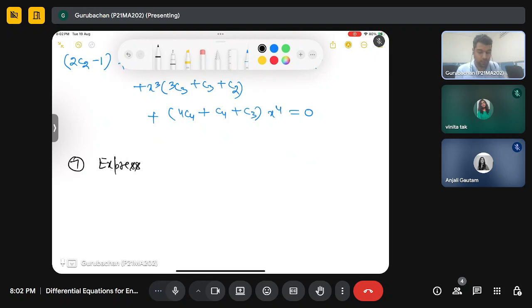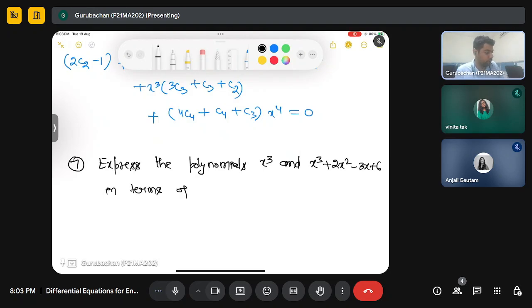Express the polynomials x cube and x cube plus 2x square minus 3x plus 6 in terms of Legendre polynomials. So for this, you know that